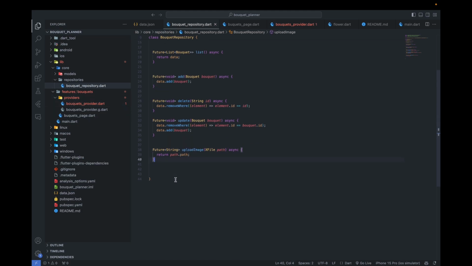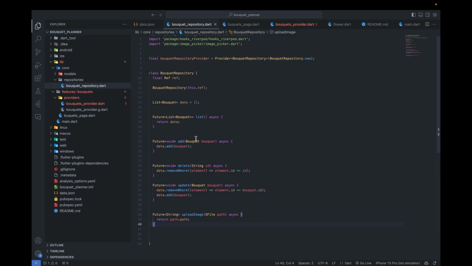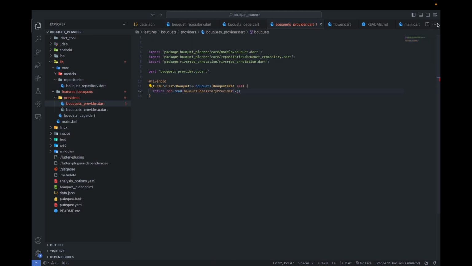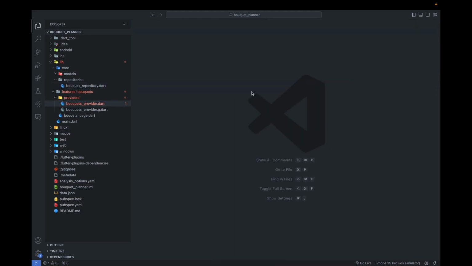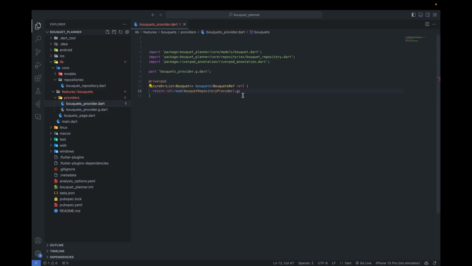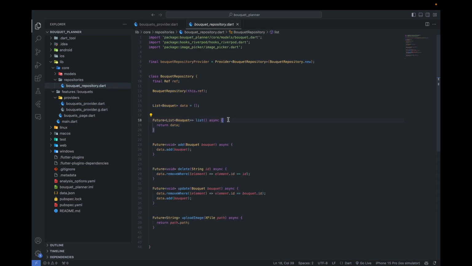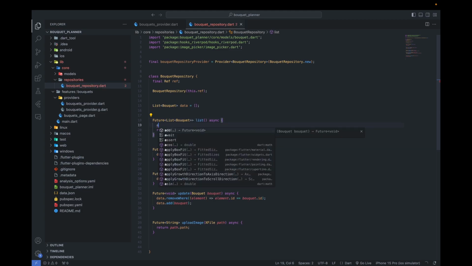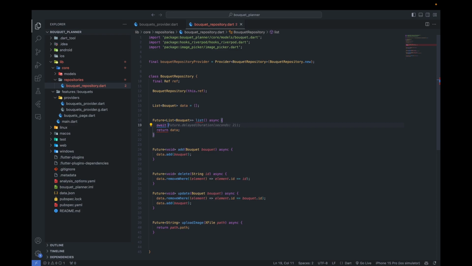Okay, this is fine. These are mock APIs, and if you want to experience that waiting and all, await and all, you can give a delayed duration like this if you really want to experience everything. Okay,